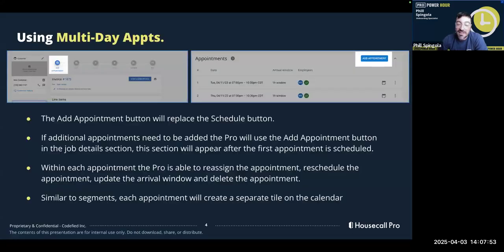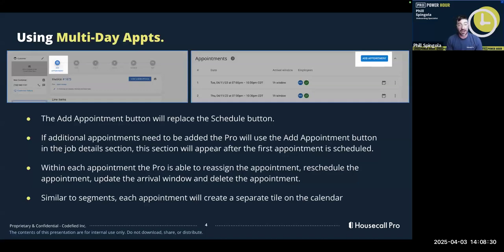Now, with segments, it used to get very cluttered because of the way each segment creates. I'm just going to use the example of invoice 100. If we create a segment, that's going to create invoice 100-1 and 100-2. One of the biggest pieces of feedback I got early on was that it gets quite chaotic and it's really hard to keep track of all these different segments, especially how they relate when all those segments move over to QuickBooks. So that is why we created the appointments feature.